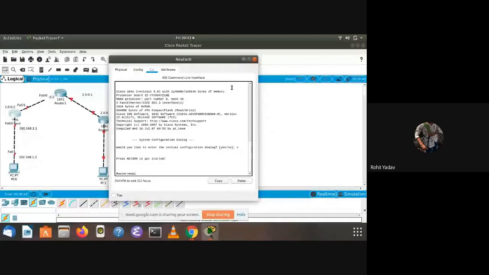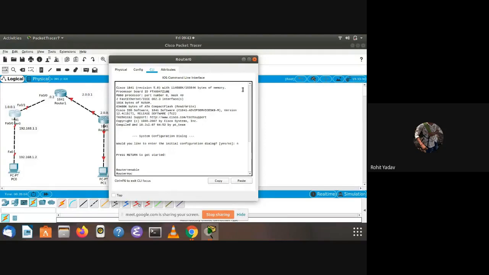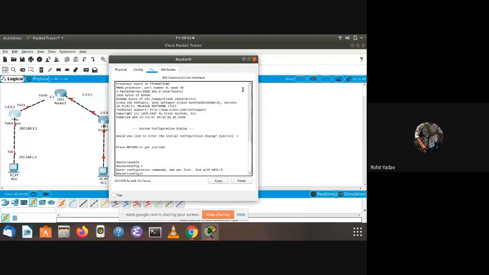We will first assign this interface, FastEthernet 0/0. Just see how I'm going to do it. I'm going to assign this one, whose name is FA0/0.